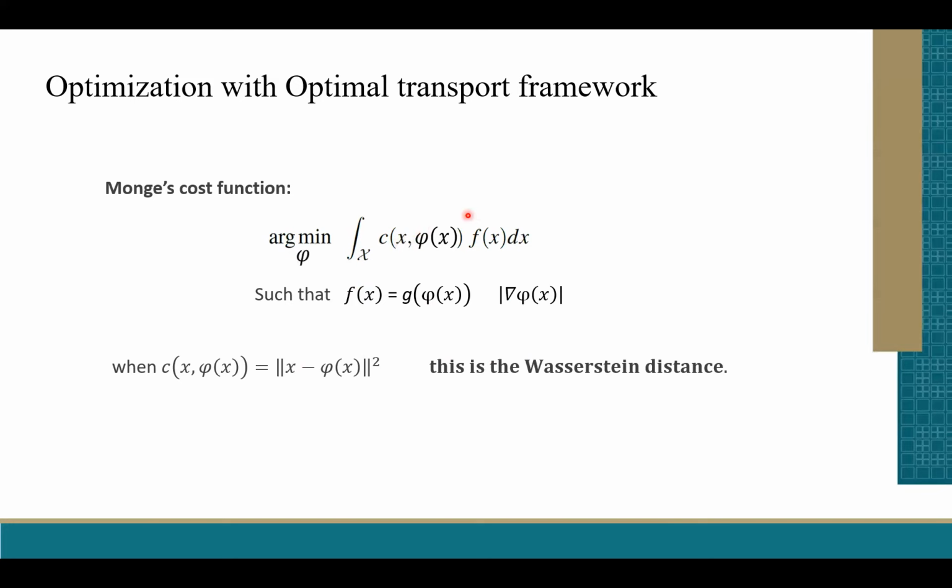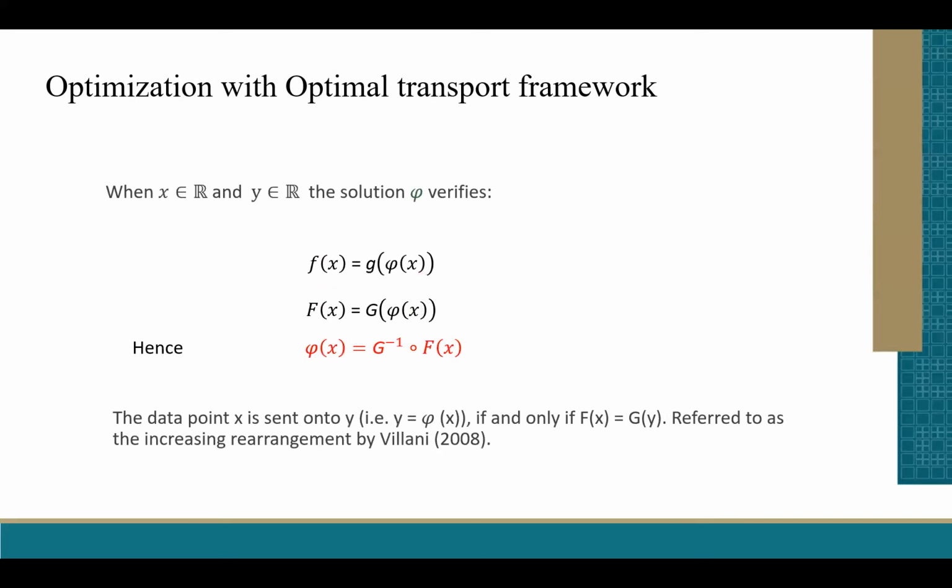So the total cost of moving a mass from source point X to a target point Y is induced by the product of the source point mass function by the distance between X and the target point Y, to which the source is transported. Phi of X is our Y here. Luckily, there is a closed form solution for this equation when we are in dimension 1. So when X and Y are in R space, we can find a closed form